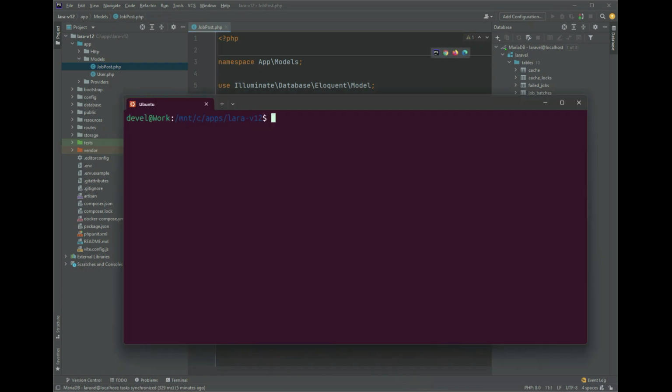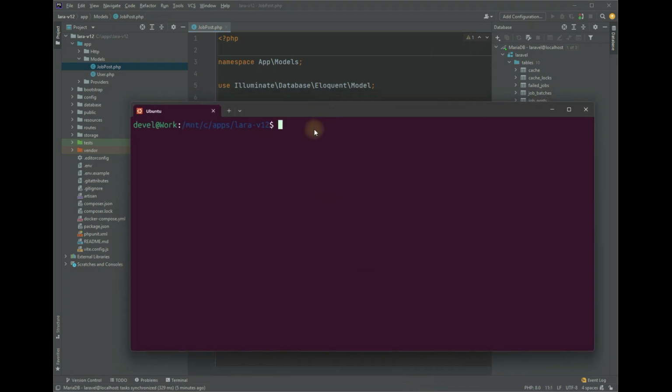So I'll go ahead and open my Ubuntu window here. And what I want to do here is create a task model. So I'll go ahead and say vendor bin sail php artisan make. You know what? Let me do a quick detour here. So I'll delete this command here. I'll save myself from typing this long command over and over again and just create an alias for that